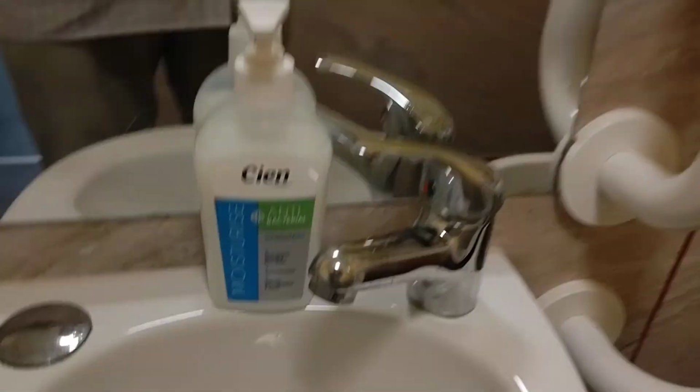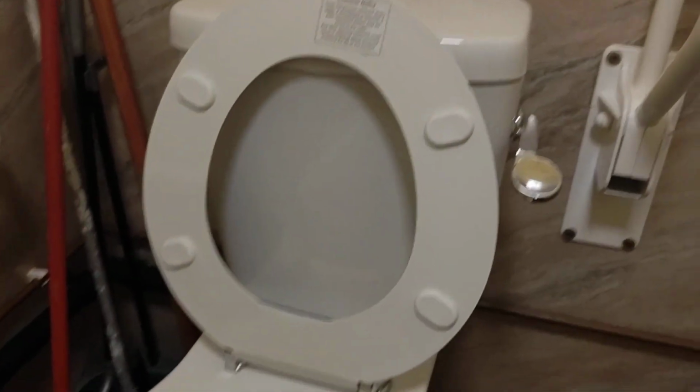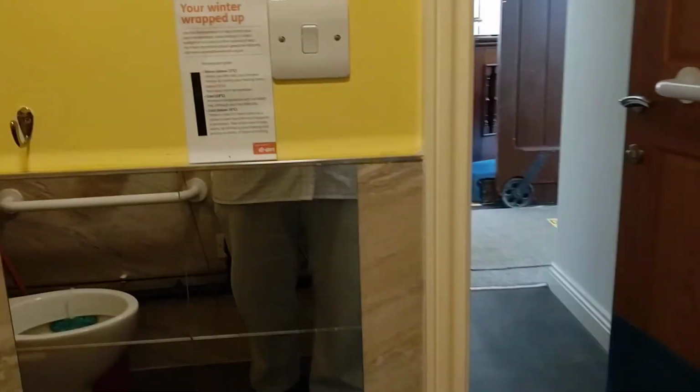Once you've finished in the toilet, we ask you to take one of these wipes and then to wipe all the surfaces that you've touched. That would be the tap, the toilet roll holder, the handle for flushing, and the seat, if you've necessarily used it, and the rim of the toilet pan. Once you've wiped that with the cloth,